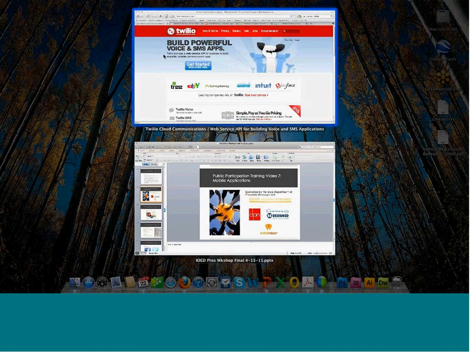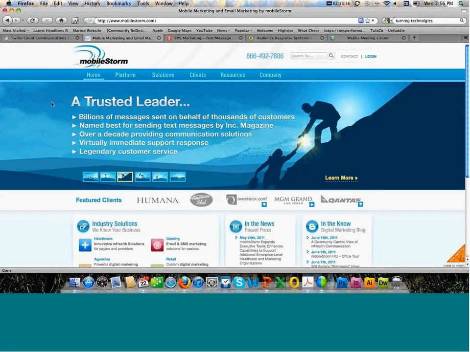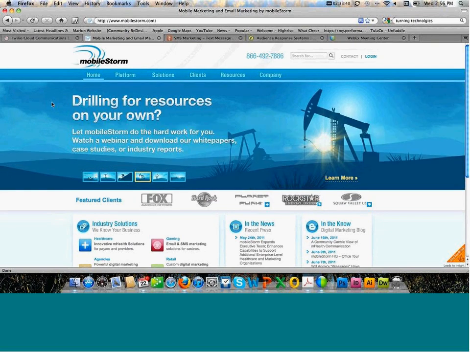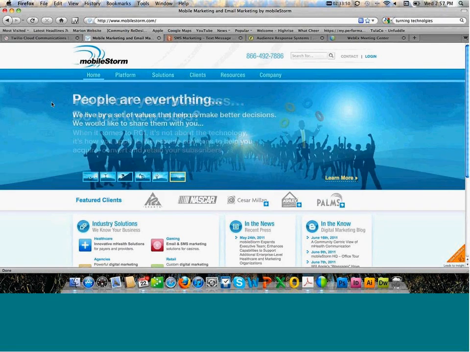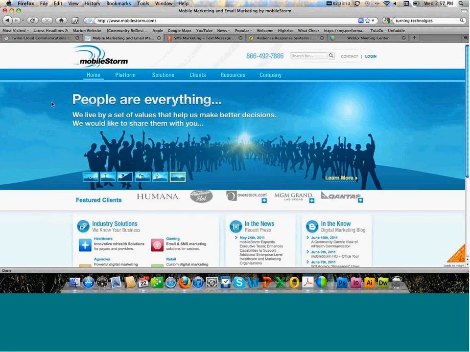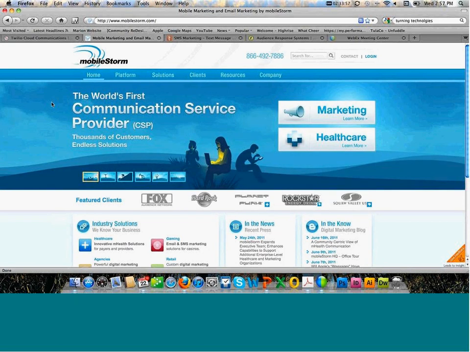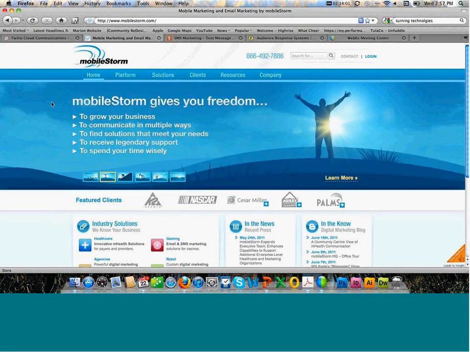MobileStorm is slightly different in what they provide. They are essentially more of an outreach tool. So the ability for you as a community to be texting information or texting one-question text surveys to those people that have opted in and provided their mobile phone number either through a website or through a traditional public meeting. So doing things like one-question text surveys, asking folks, do you think we should have brick streets in downtown, for example?